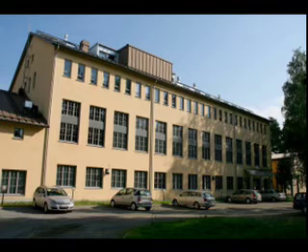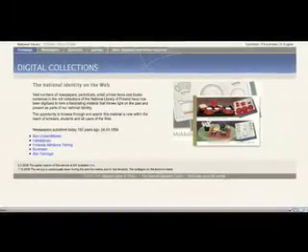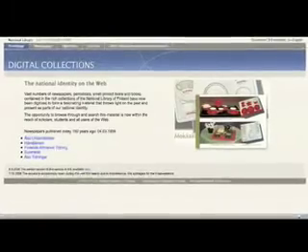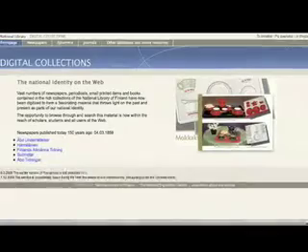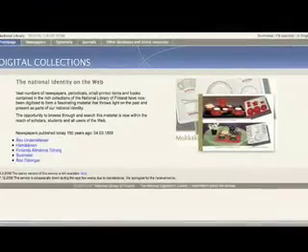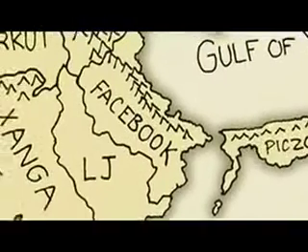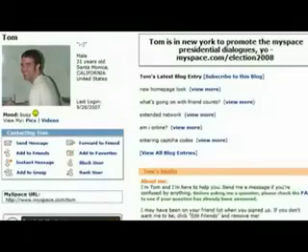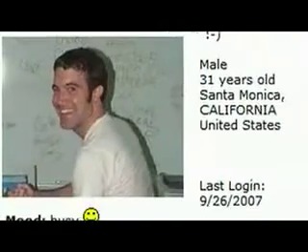Our client for this course is the Digitization Center of the National Library of Finland. In our course, we develop new marketing solutions for their digital collections using Web 2.0 to enhance awareness and interaction with their customer base. Social networks have become increasingly popular in the last couple of years. Networks like MySpace and Facebook have started to change the way people are connected and how they interact.